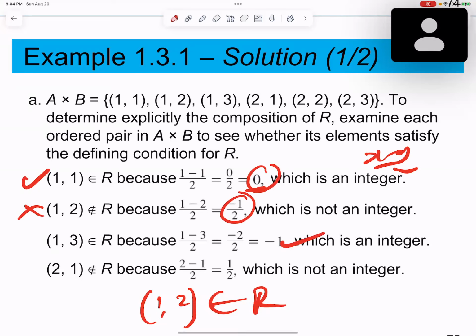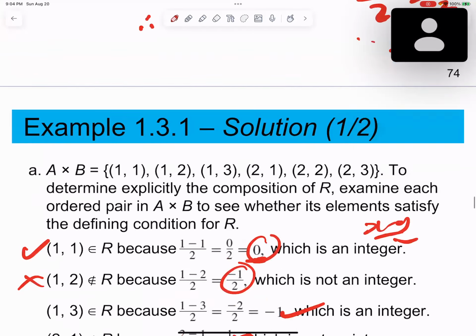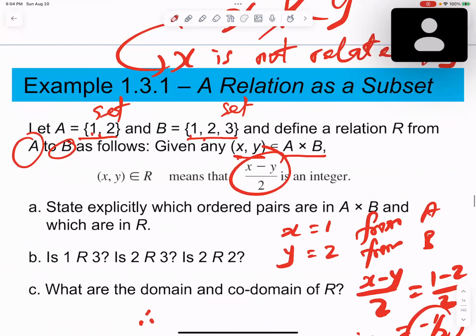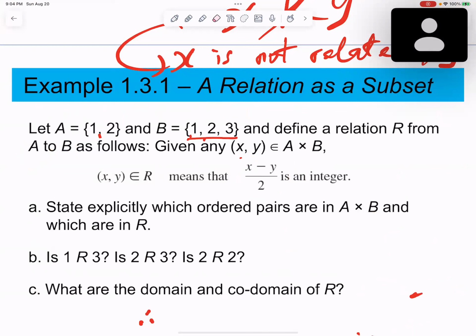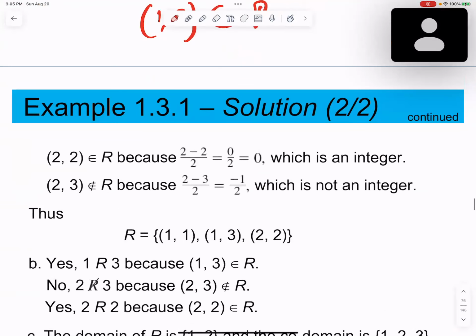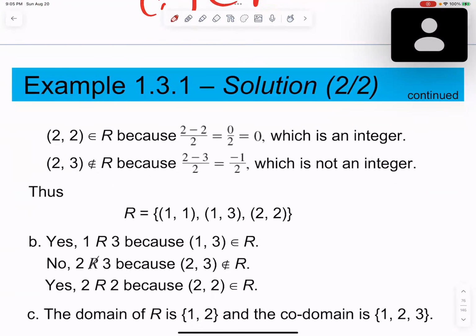This is right. This is not right. Okay, look at it again. It's simply a relation. Once again, relation. Before you can define a relation, you must talk about ordered pair. Okay, ordered pair. So this is a relation because the difference between x and y over 2 gives me